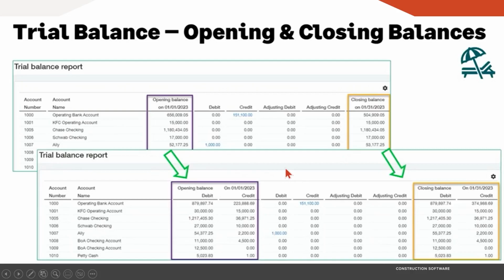Okay, another feature that they have turned on is nothing you need to do besides a checkbox, which I'll show you on the next screen. If you want to see your opening and closing general ledger balances on your trial balance as debits and credits versus just one number, you can now see in the purple box the new way, if you want that on, and also the closing balance there in the yellow. So prior, and then what they're doing after.